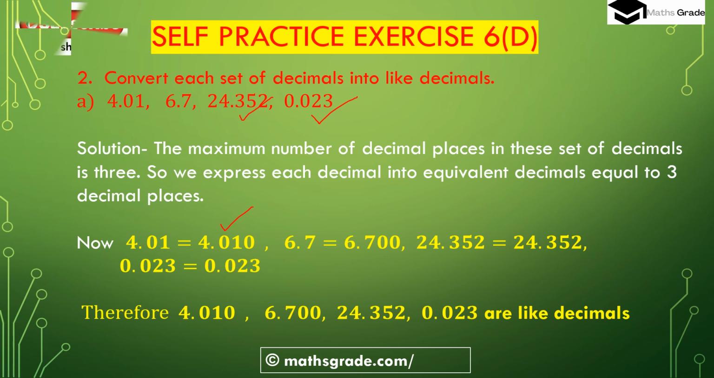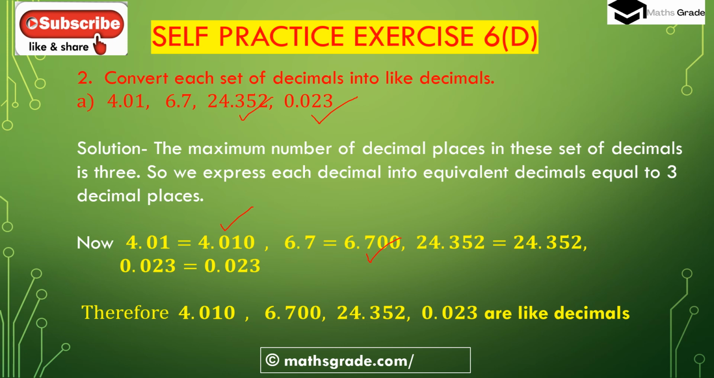And 6.7. Now in 6.7 we have to add two zeros, as only one digit is there after the decimal point, only one digit 7. So we have to add 2 zeros to convert this decimal number into an equivalent decimal. So 6.7 equals 6.700, which is an equivalent decimal with the decimals 4.010 and